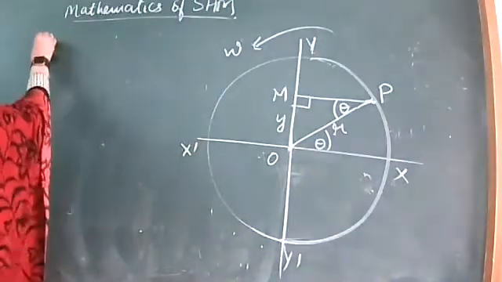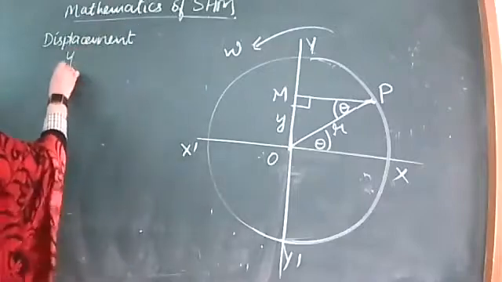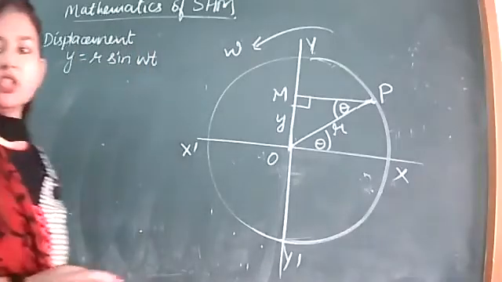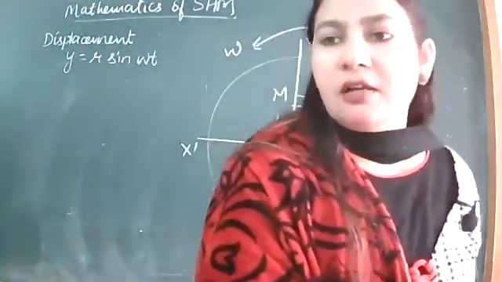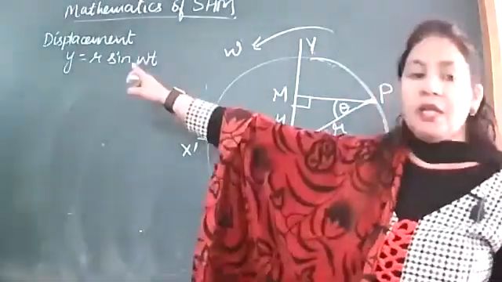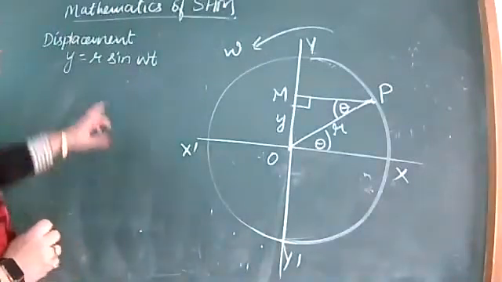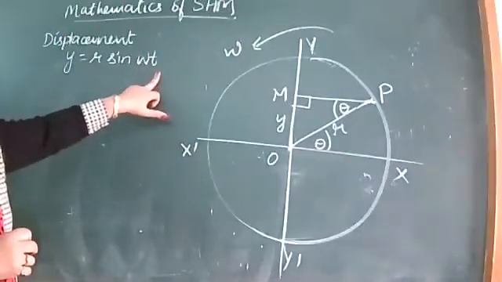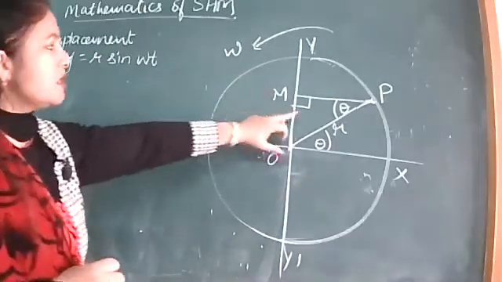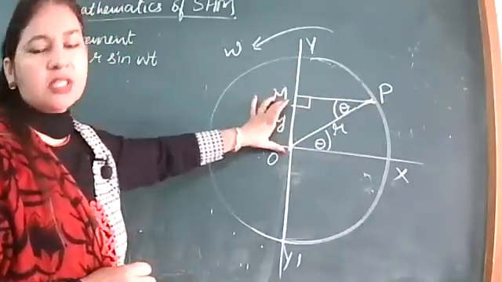So yesterday we derived displacement in SHM. Displacement in SHM is given by y is equal to r sine omega t. This equation we derived yesterday, where r is amplitude. We also proved that this is maximum displacement or amplitude. Omega is angular speed, t is any instant of time, and y is displacement at any time. Suppose the particle moves here, then this will depict the displacement. Right now, this much is the displacement.